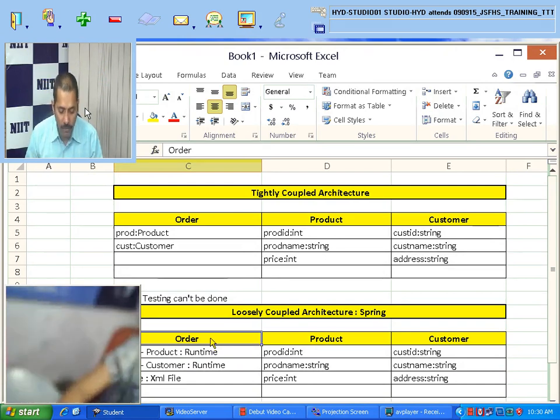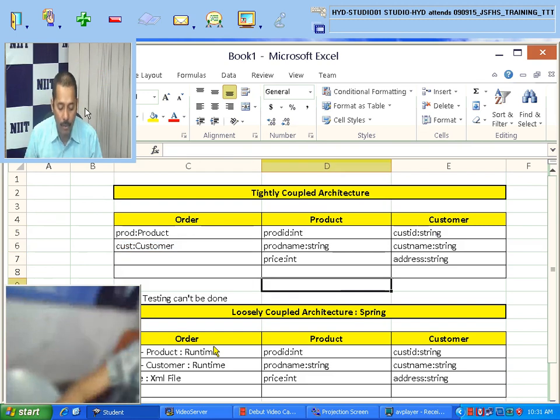That is what I am saying. In the case of injection, that means dependency injection services, we will not physically create the object. Like in the order class, we need not physically create the object, because if you create the object physically, then it will be tightly coupled. That is, the order class will be tightly coupled to the product and the customer. We will not do that.